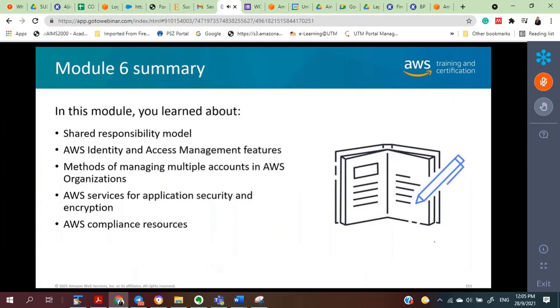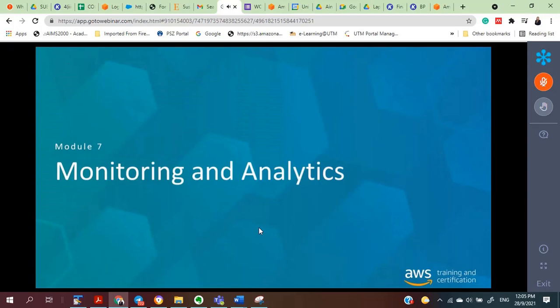Okay? And with that, that effectively concludes our discussion on Module 6, revolving around security. So in this module, we have learned about the shared responsibility model, AWS IAM, AWS Organizations, and additional security services, which are namely AWS WAF, Shield, Amazon Inspector, AWS KMS, and Amazon GuardDuty. All right? So before we do move on with our next